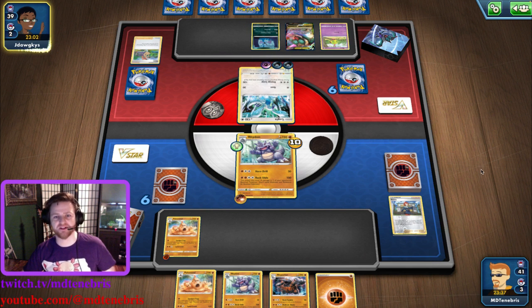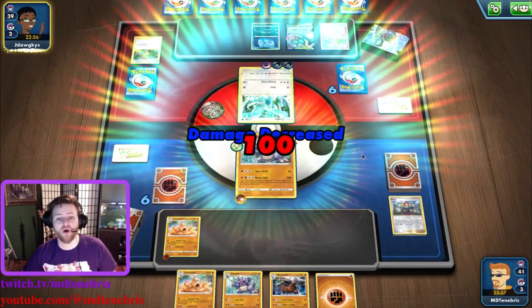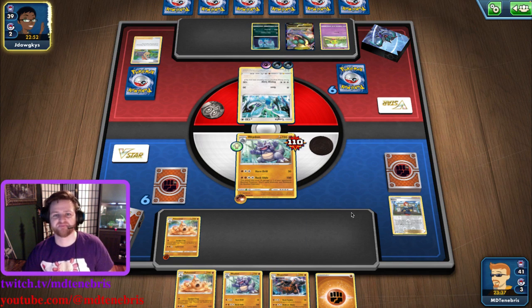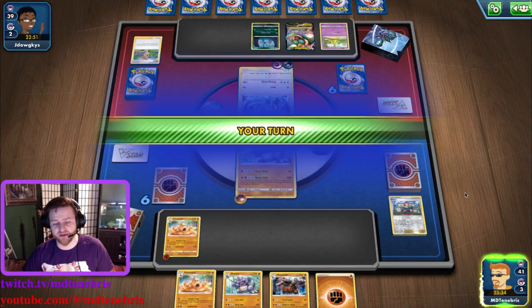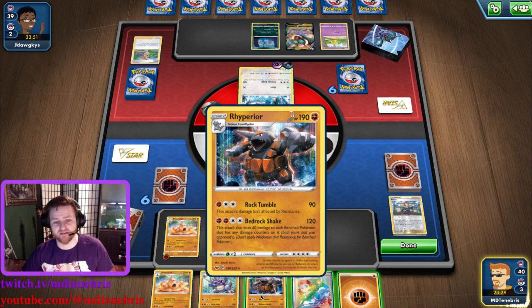Yes, they do. So they're going to do 120 damage. It will kill me. The Palossand will move into position. It won't! Oh, I'm decreasing the damage with the thing, so I bought myself another turn. But that's not helpful because I don't have anything to load up. If I get a Gloria, that would be perfect. I didn't, but...